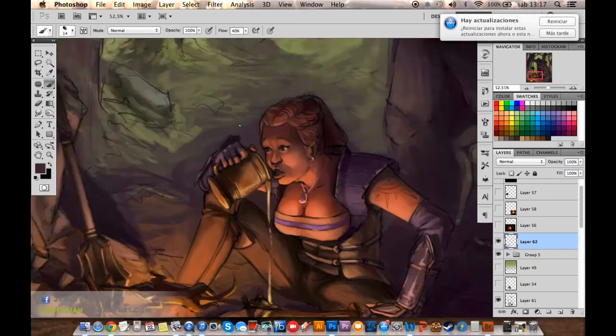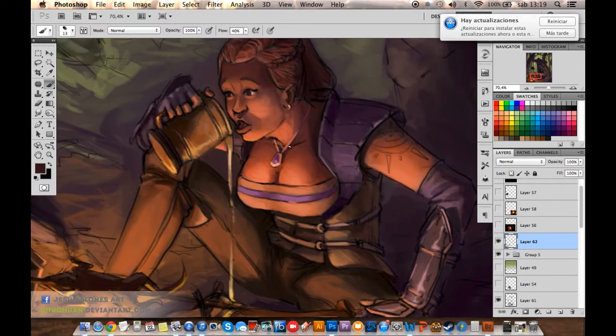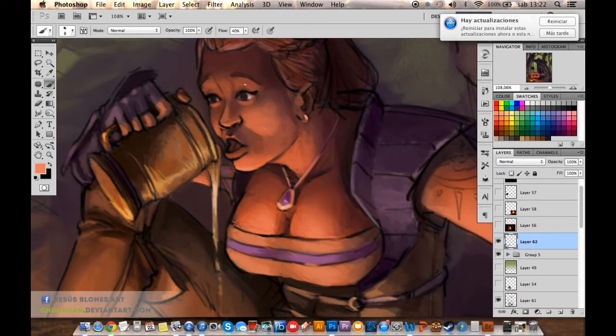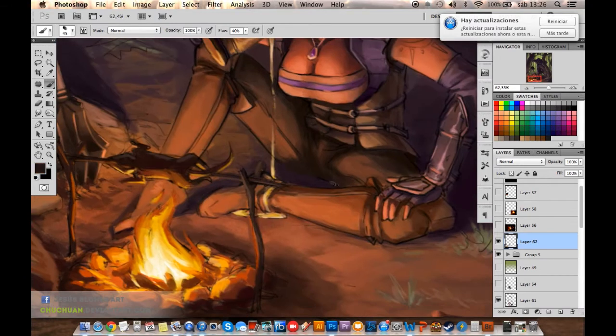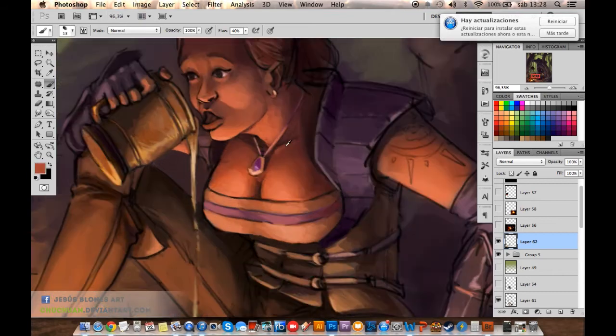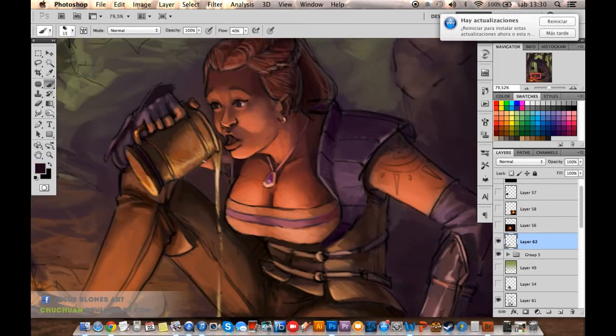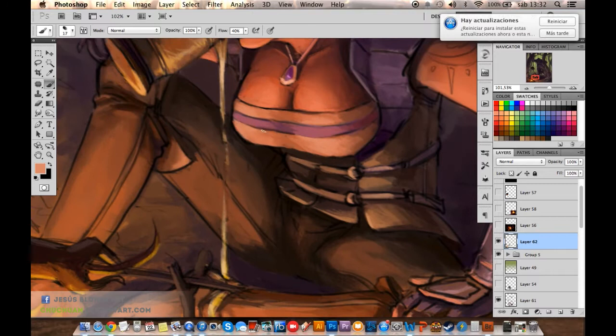If you want to create a focal point, you try to give that part more details. So you have to polish it more, and you have to be really sharp with all the edges.